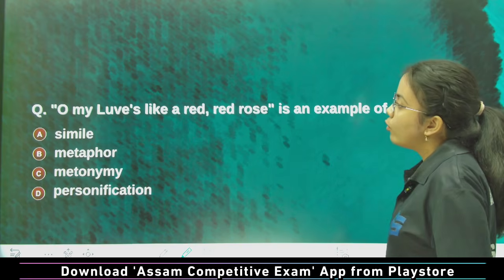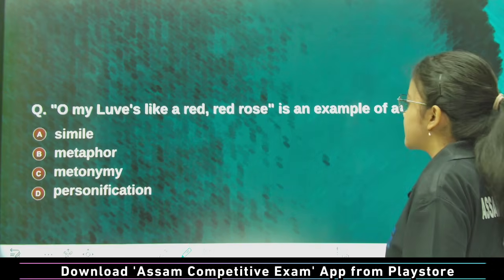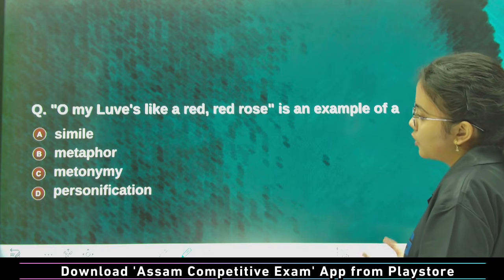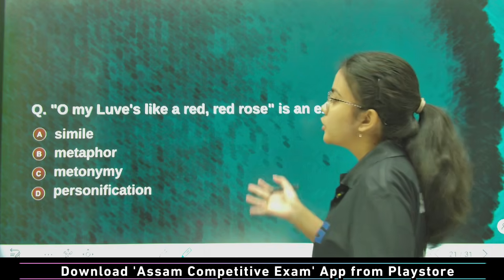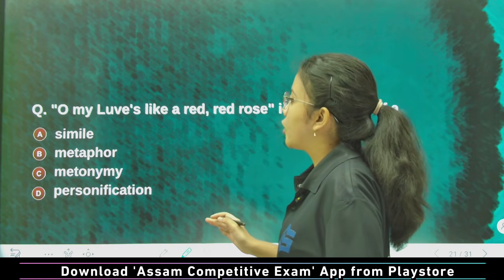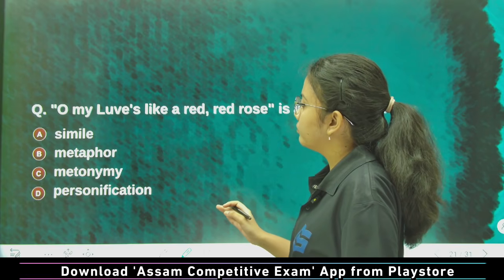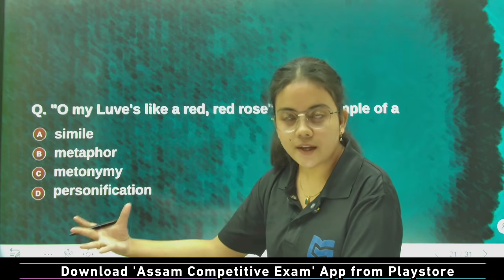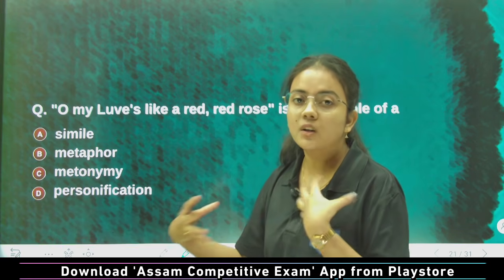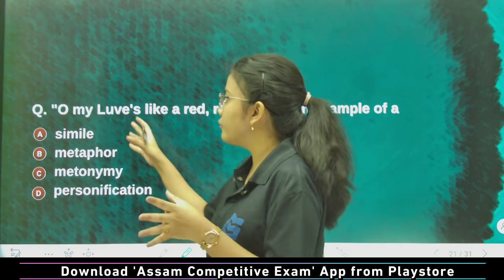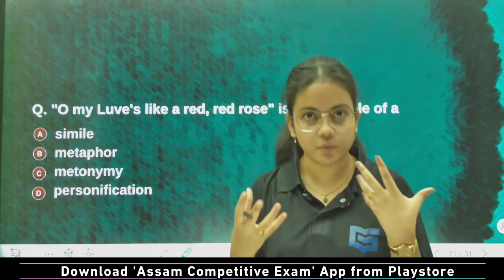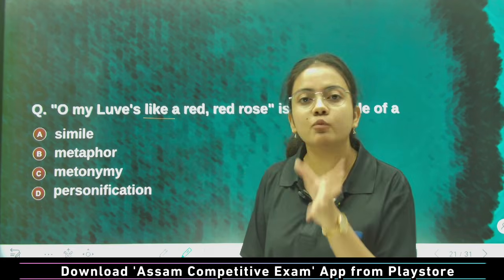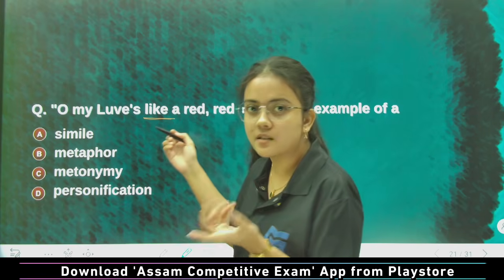Next, oh my love's like a red rose is an example of A, simile, B, metaphor, C, metonymy, D, personification. Now keep one thing in mind: in the sentence, my love is compared to a red rose. So the love of the person is being compared to a red rose. If a sentence has like or as used for comparison,